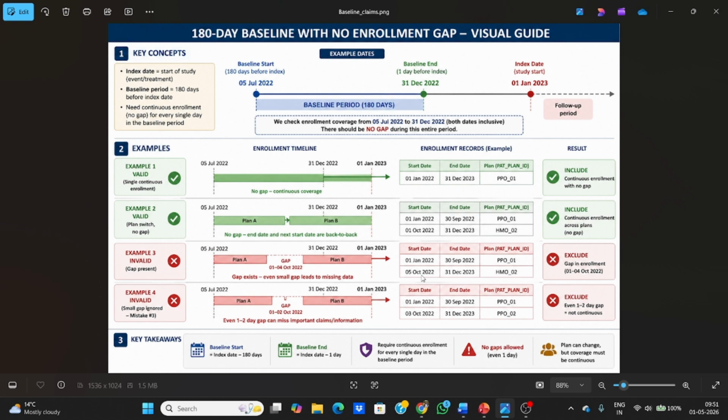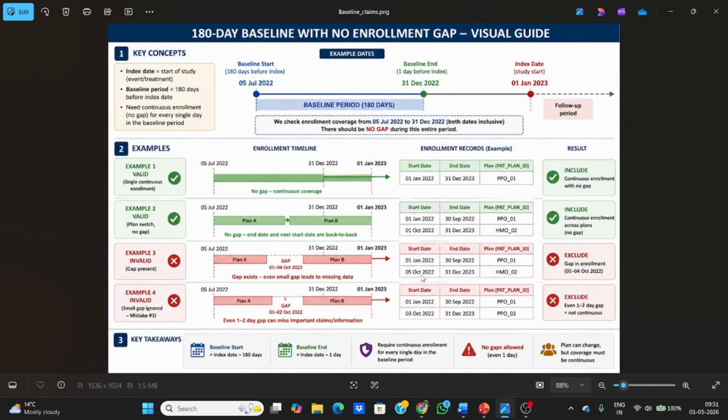Let's assume the patient took a 4 days break before joining the new company. Sometimes we do take a couple of days break when we change the company. So in that scenario, this is a break of 4 days in continuous enrollment, and this